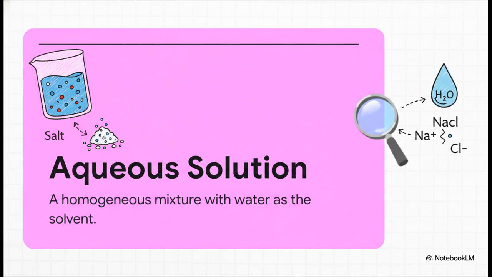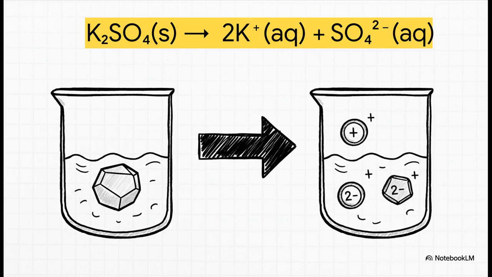But what's really happening to that salt when it dissolves is pretty amazing. And this right here is the absolute key. For a lot of compounds, dissolving isn't just mixing. It's called dissociation. The compound literally breaks apart into tiny charged particles called ions. So this potassium sulfate solid doesn't just float around as a whole unit in the water. No way. It splits into separate charged potassium ions and sulfate ions. And because these charged particles are now free to roam around, well, they're ready to get into all sorts of